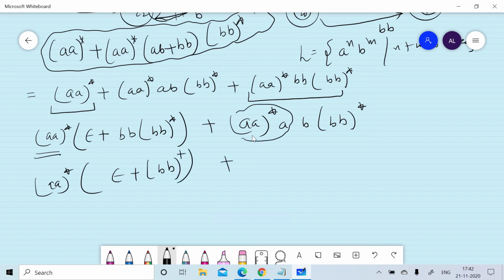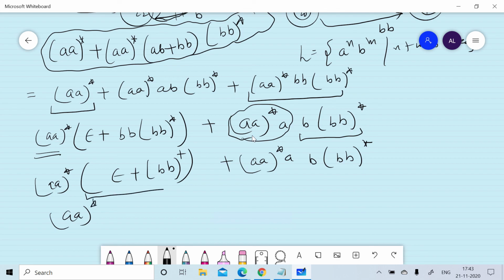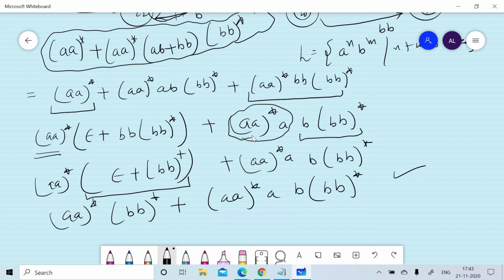Then it can represent that the number of a is odd. It will represent the odd case. This will represent the case where the number of b is odd. So we can write it as (bb)*, and it represents the same regular expression that we had earlier designed by considering the four cases. Thanks for watching this session.